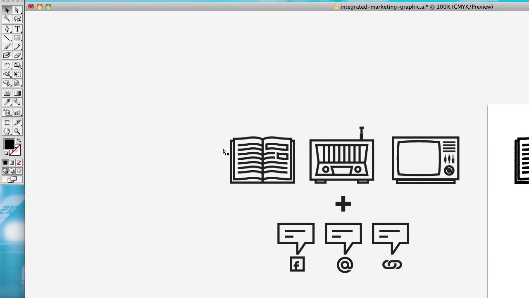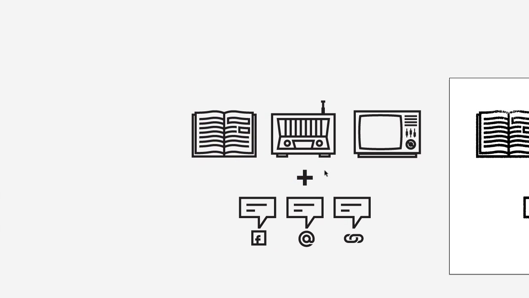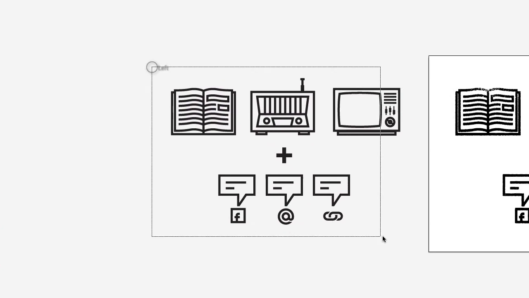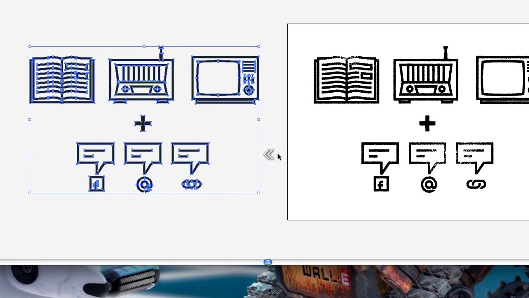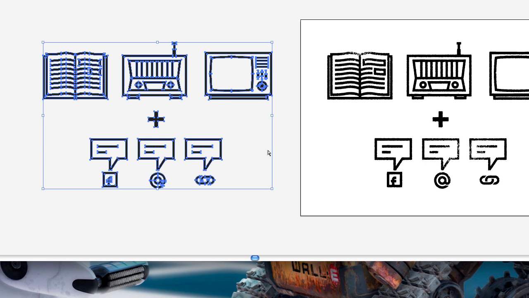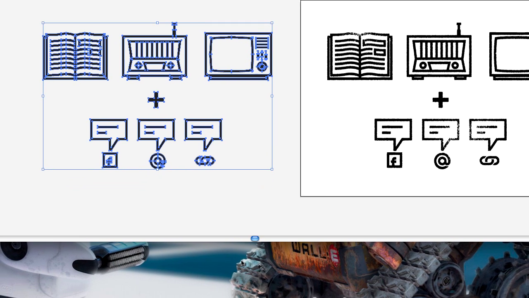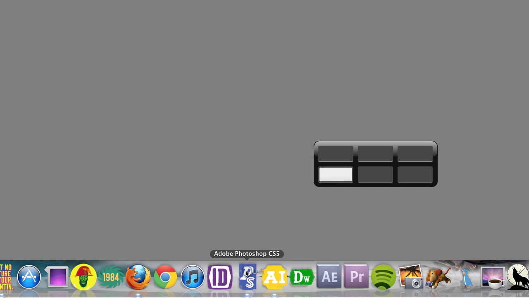First thing you need to do is start with the illustration. We're gonna start with this one. It's a freebie on Pixel. I'm sure you guys all know about it. We're going to copy that and then go into Photoshop,